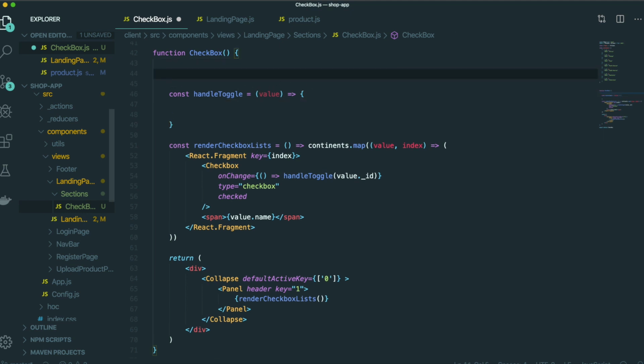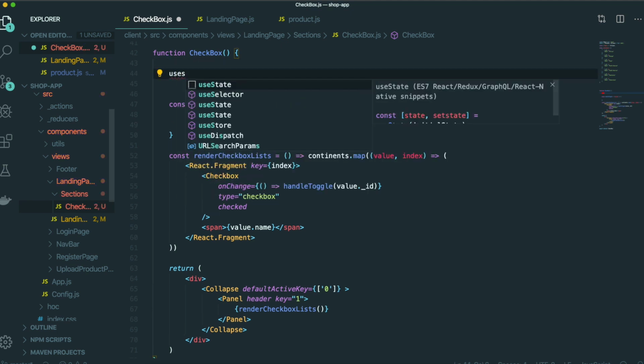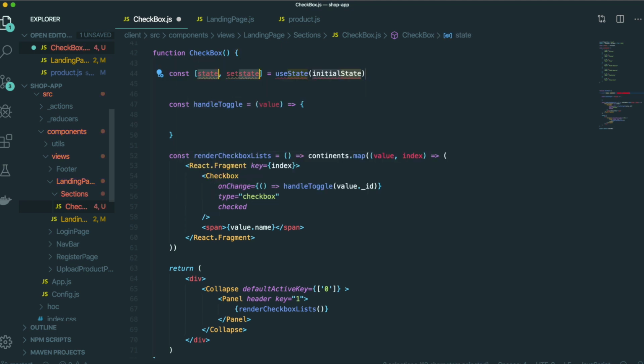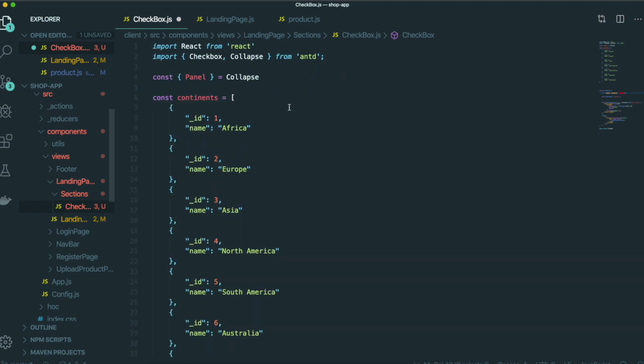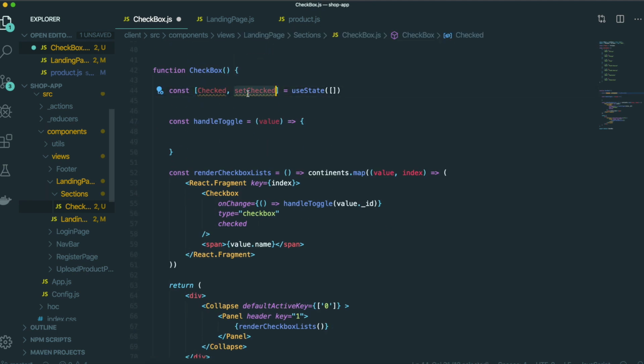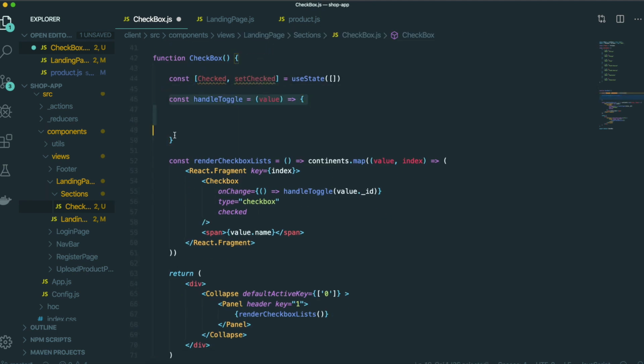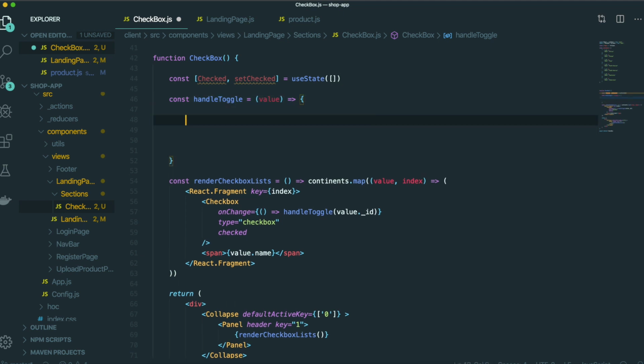So we need to make the state in here, useState, and the name will be check. So this one will be an array because it will have a lot of checked values inside this check state. So we will import this useState from the React library. And for this function, I'm going to type all of the things. After that, I'm going to explain it. So first, const